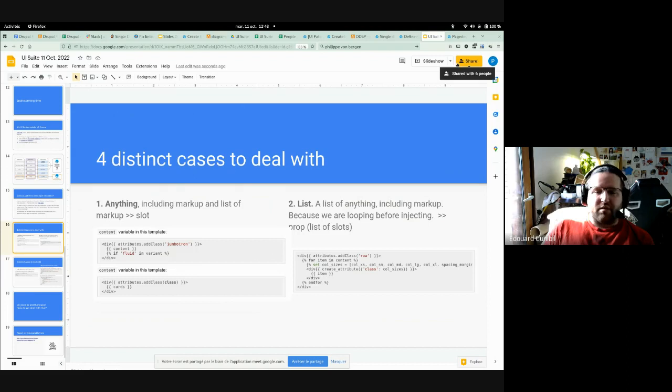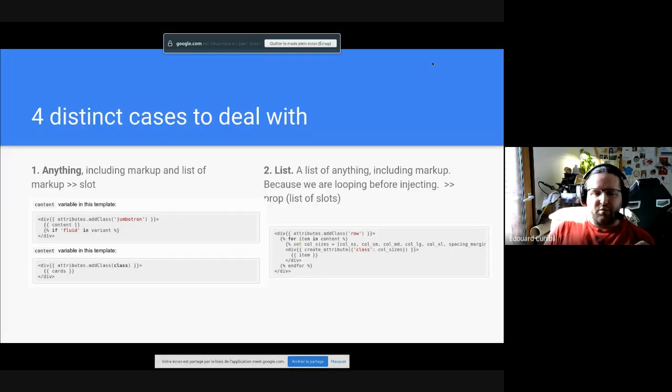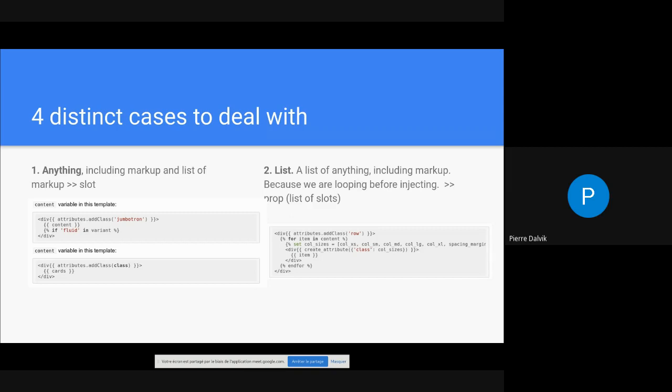So maybe slots are auto-processed to, I don't know, remove markup or something. But if we want to be able to cover all the use cases, we need to let the pattern designer define what's going to happen with the data. And there are two places where we can act. The first is